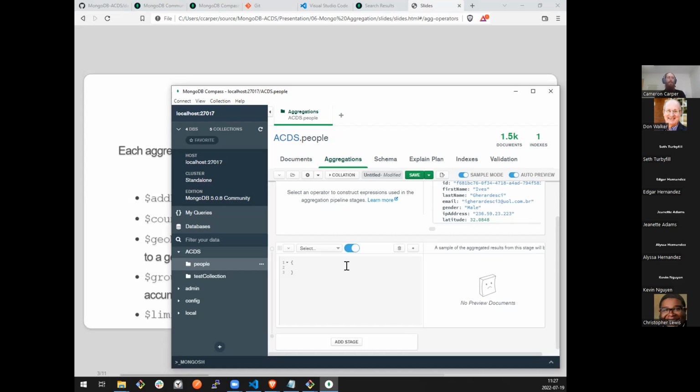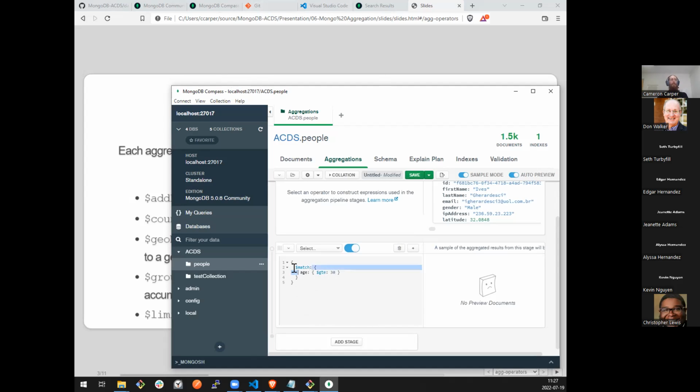The operator is slightly different. The outer operator is called match. And effectively inside of match, we're just writing our filter query now. So I've said this stage is a match, and the query I would like you to apply to a match to filter this data down is age greater than or equal to 30.